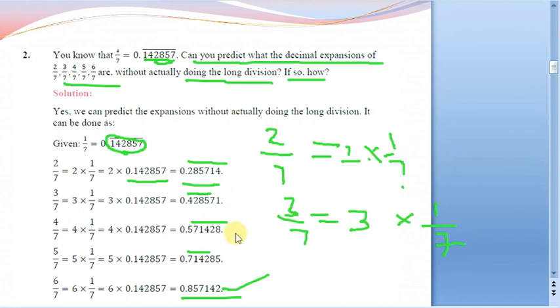So we can actually find it. Why? Because 2 by 7 is nothing but 2 times 1 by 7, and this 1 by 7 value has already been given to us. So when we know this one, why calculate it again by long division? We can just perform the multiplication of this block and this 2, and find the answer like this. So we can find all the values by this method. So we shall move to the next question now.